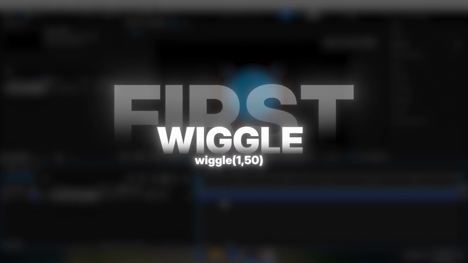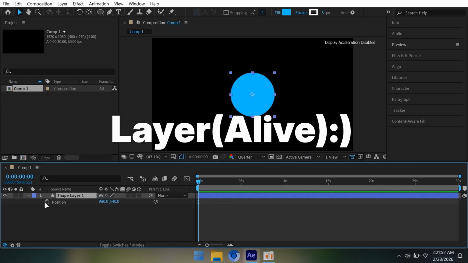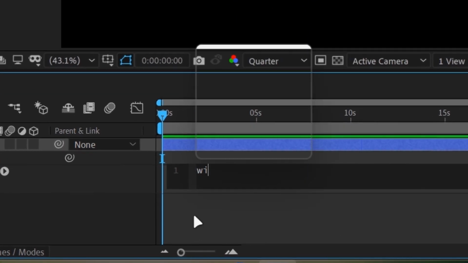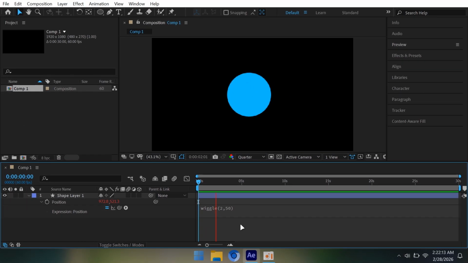First up is wiggle. This is basically for when a layer looks dead and you are too lazy to animate or shake yourself. Just alt click the property and type this expression. The first number is frequency, or how many times it's going to wiggle or shake, and the second number is amplitude, which is how far or how much it's going to wiggle or shake. It's the quickest way to make a boring static image actually feel alive without you having to touch a single